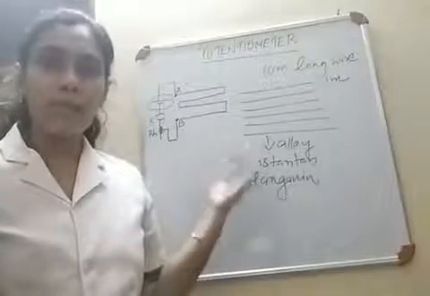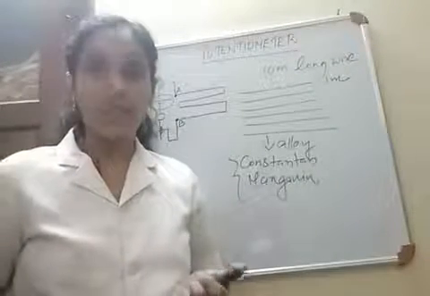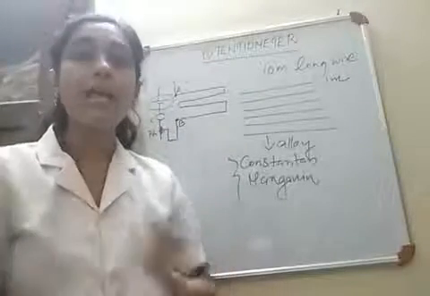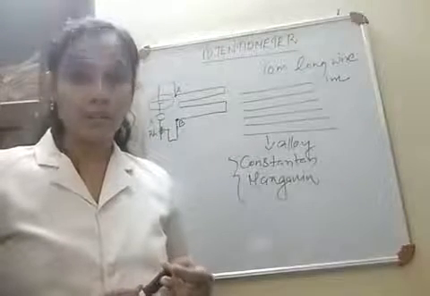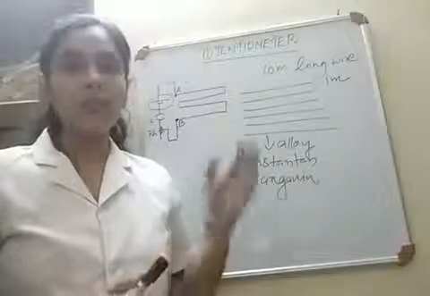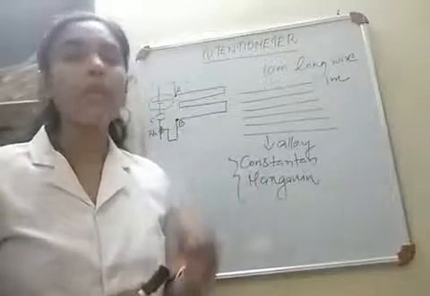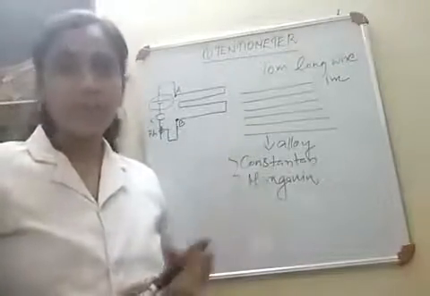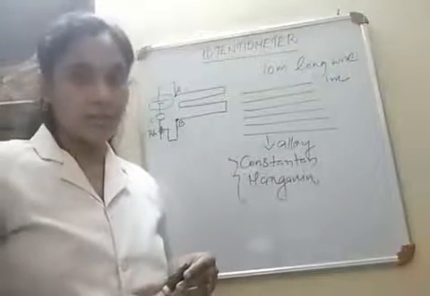So why do we use such an alloy? Because we had already studied the temperature coefficient of resistance. For alloys, the temperature coefficient of resistivity is very less. It is negligible. That means temperature variations don't affect the resistivity of that wire. So the resistance of this wire is not affected by temperature fluctuations. That's why we use an alloy. It has high resistivity and negligible temperature coefficient of resistance.